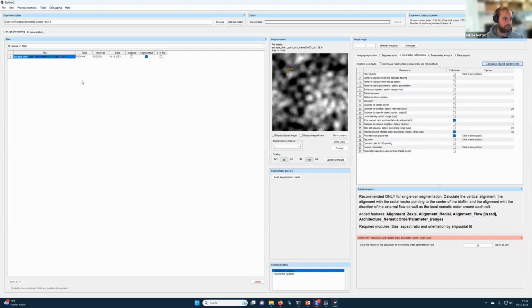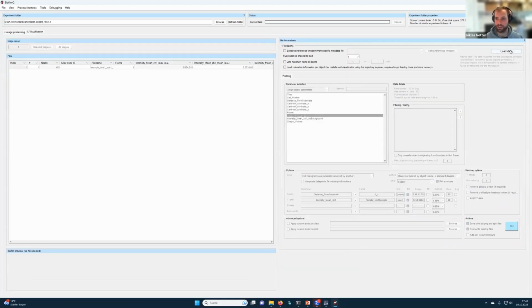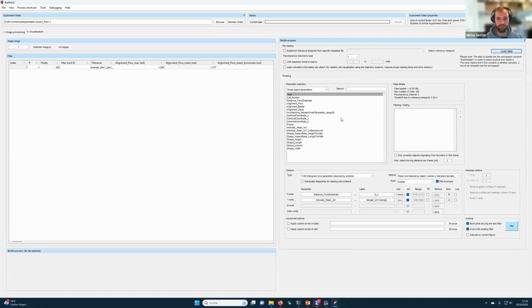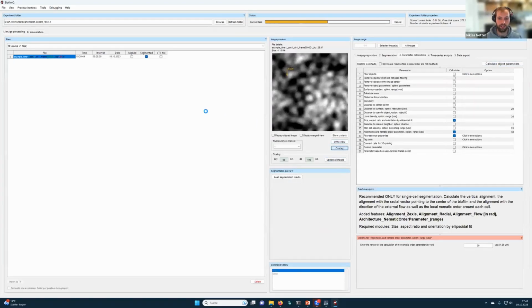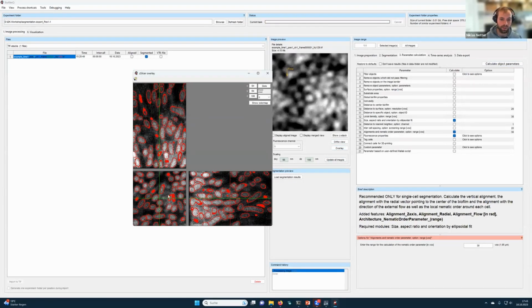If there are no questions so far, I will just continue on visualizing some stuff. So we go back to visualization and click again load data to load the newly calculated parameters. And now we might be interested in, if we go back to the image processing, looking at the overlay, how much does this alignment vary? So we see some of these cells are aligned